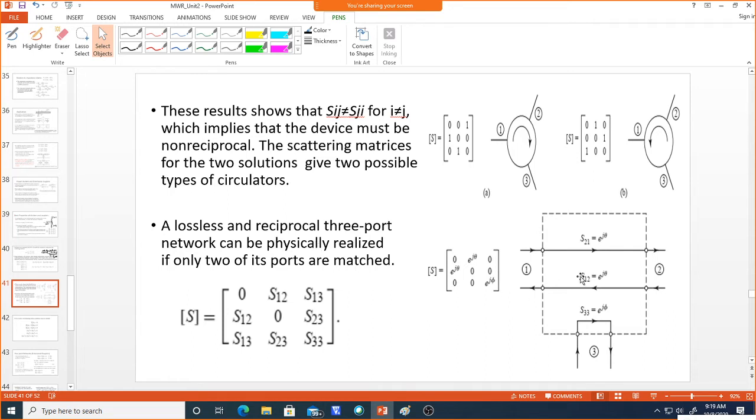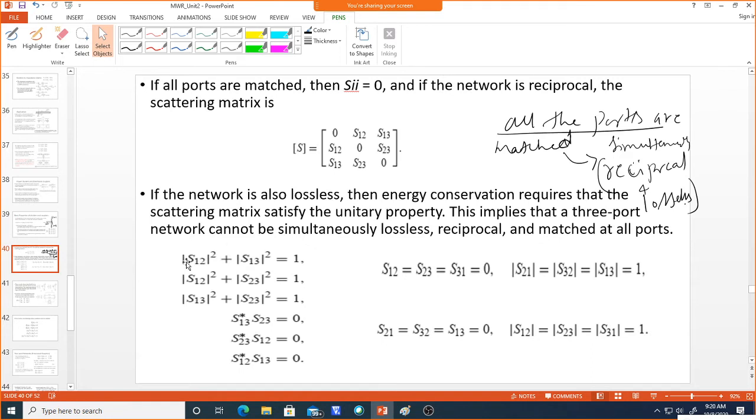network. So this is the condition needed to achieve in the 3-port network. If I want reciprocal and lossless, you need to match only 2 ports, and you have to not match the third port. And if I want to get the circulator kind of thing, the network should not be reciprocal. So it should be non-reciprocal. That will be obtained from these matrices. Okay,